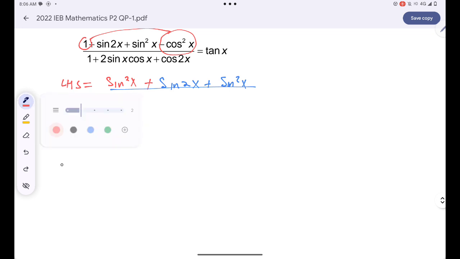Please note that at the bottom I have 1 plus 2 sine x cos x plus, now I'm dealing with the double angle